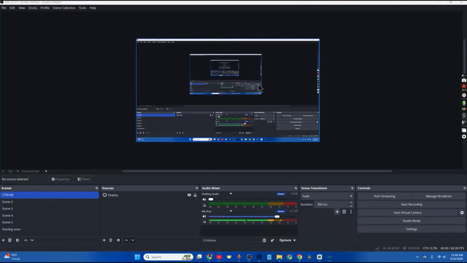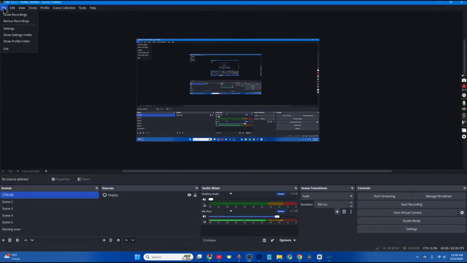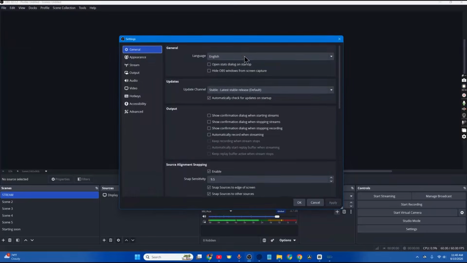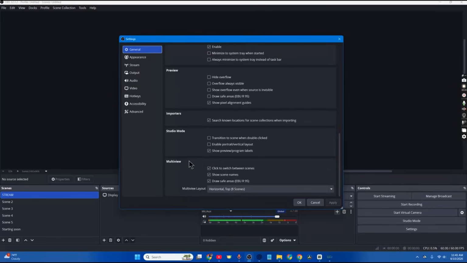Now first open OBS Studio and then go to settings. You can go to settings from here, or you can also go to the top left and click on file and then go to settings. And once the settings is open, just go to the general tab and then scroll all the way down until you see multi-view. So basically you can just go ahead and toggle all of them on